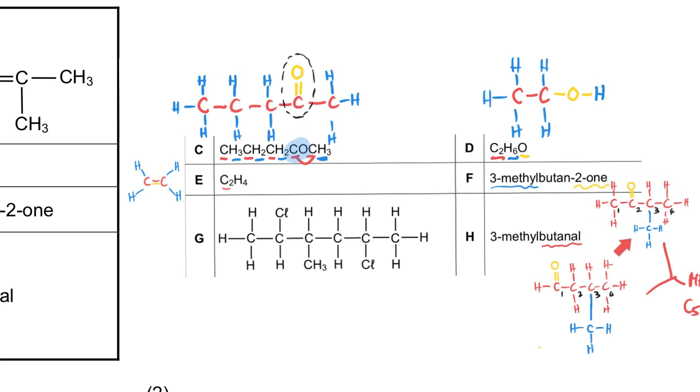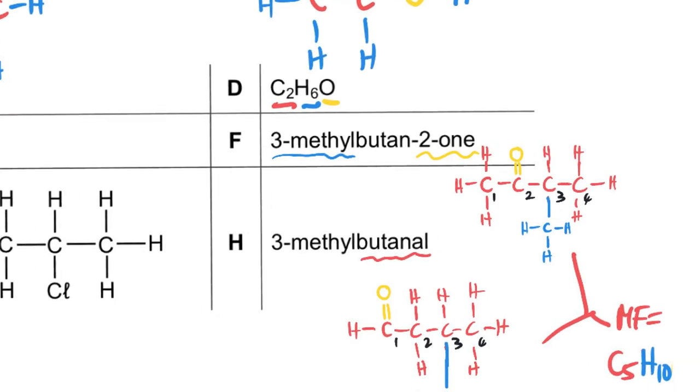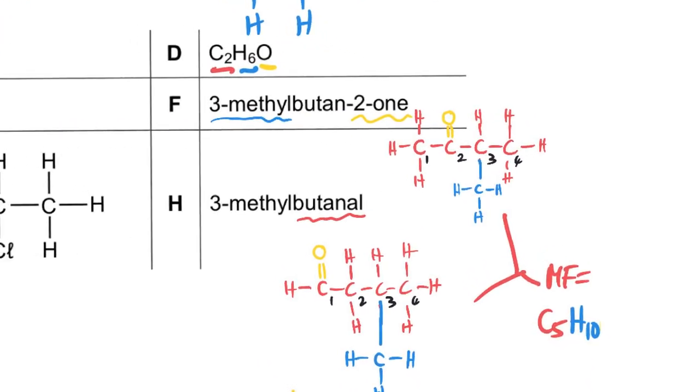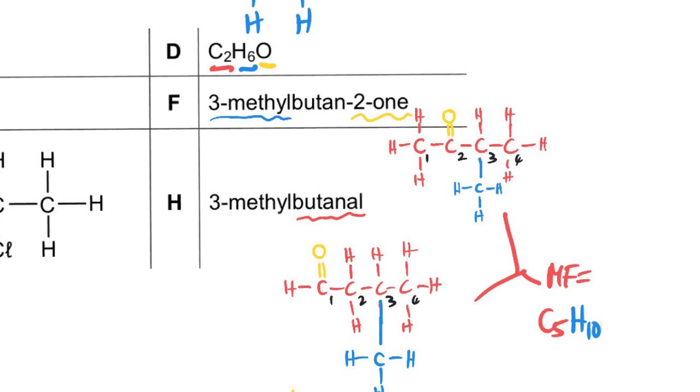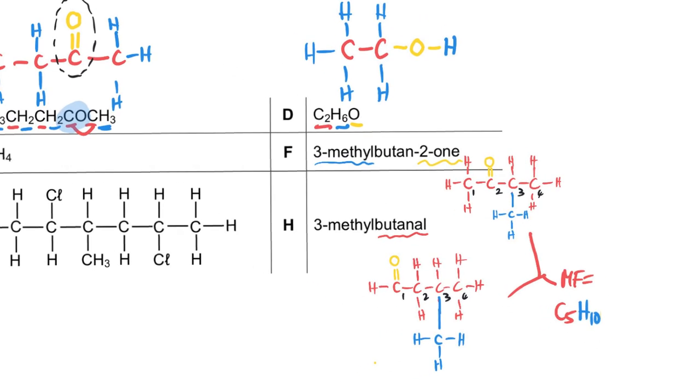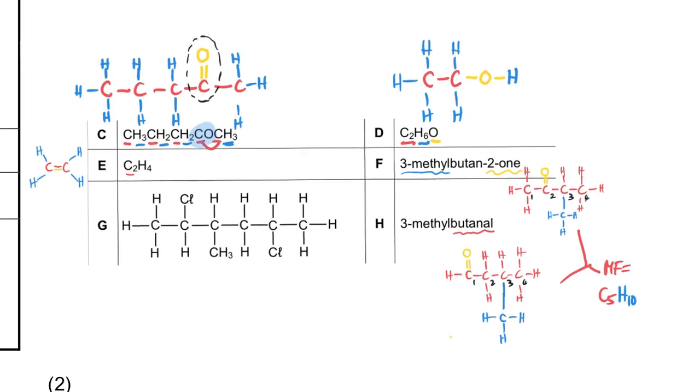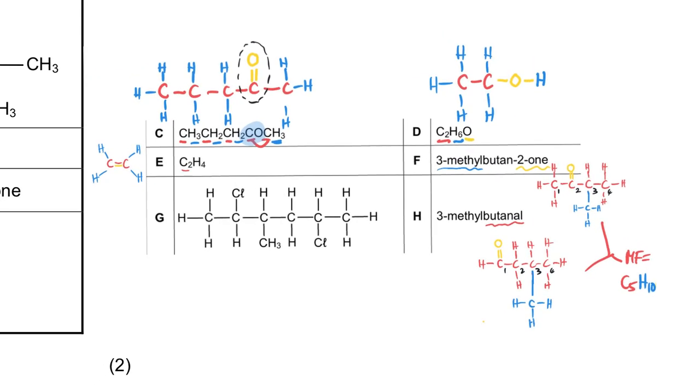So if we look here, and this is the nice thing about solving the table, if I can use that term, before answering the questions. Can you see we've got 1, 2, 3, 4, 5 carbons, but this carbon is now in a branch, and here we have the carbonyl group. So this is a ketone because it's sitting on the inside of the chain, not on the end, where it would be an aldehyde. So we can say here that C and F are chain isomers of each other,